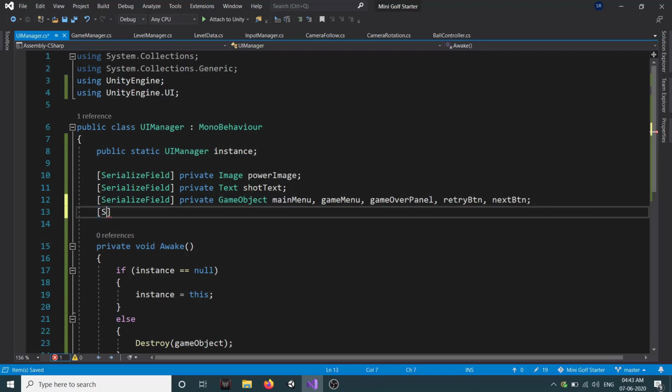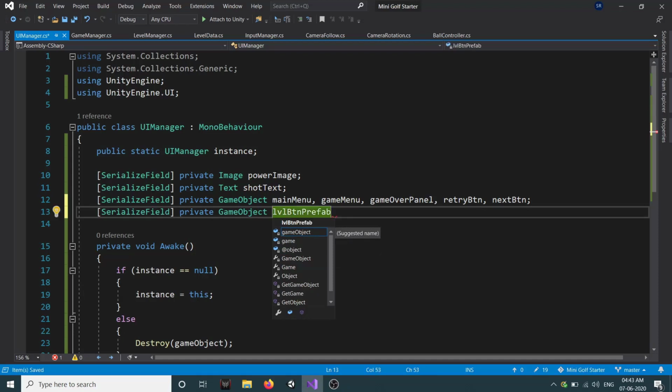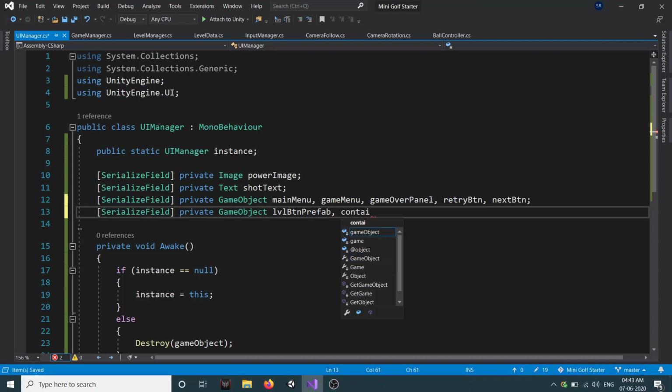Then we also need a serialize field private game object. So we have a level button prefab, which we will use to instantiate, and we have a container, so this will be the parent for all our level button prefabs.